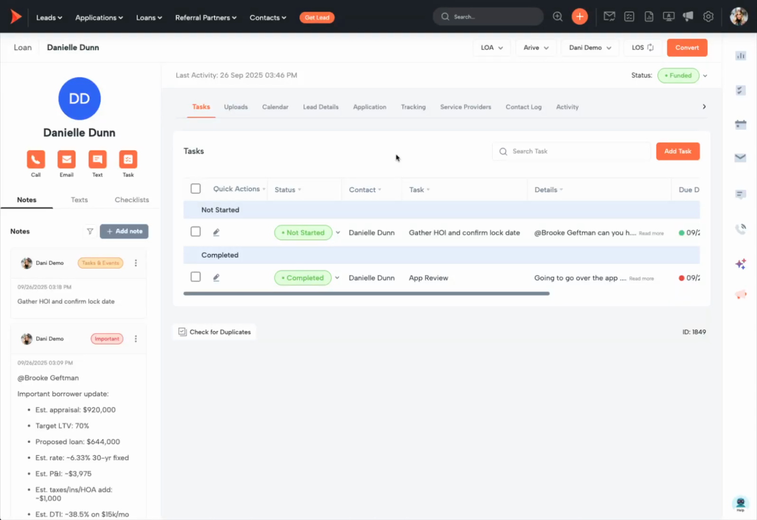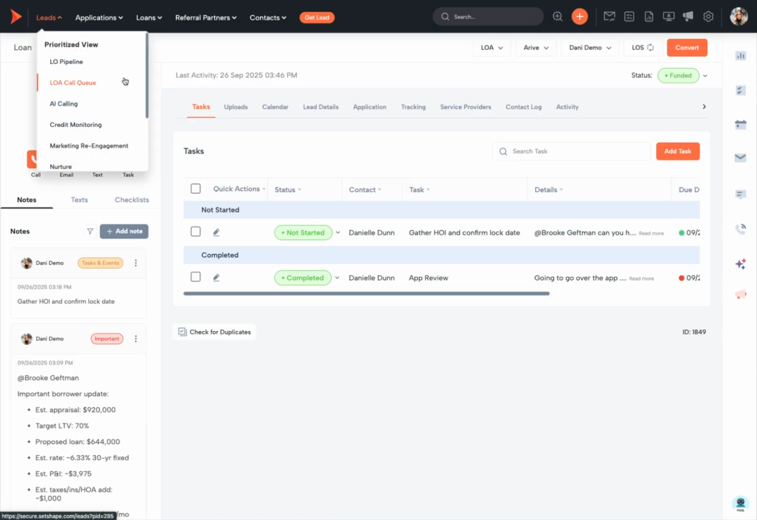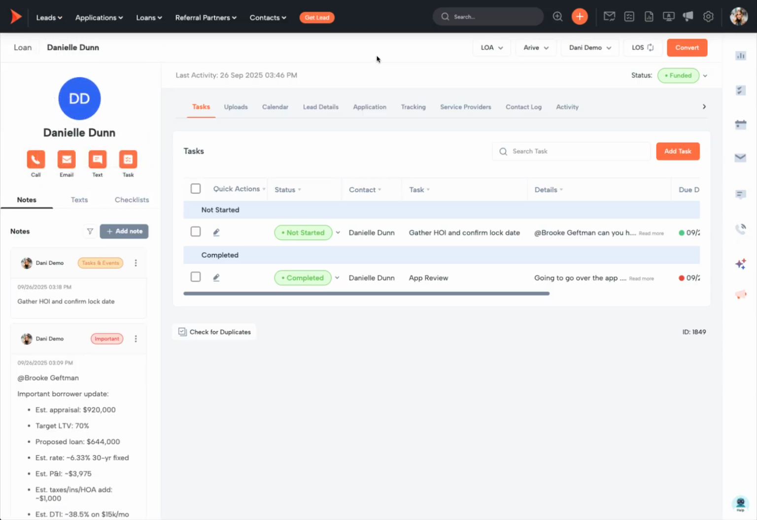In Shape's mortgage platform, it's really easy to collaborate and work in teams. First and foremost, oftentimes one team member might be handling certain aspects of the loan transaction while another may be handling other aspects. Beyond customized prioritized views for those different departments, we also have other ways in which you can collaborate and ensure